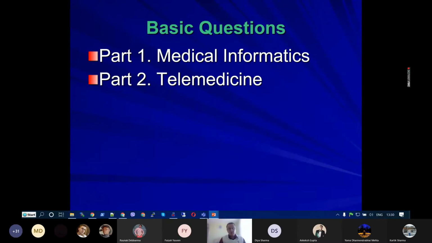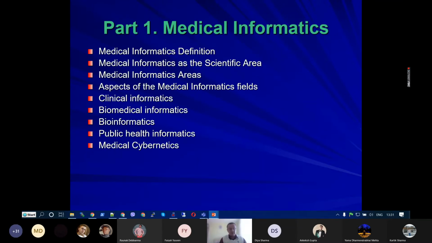So for sure we will be talking about theoretical questions around telemedicine. Now let's move on to part one: what is medical informatics. I will present the definition, areas of scientific study, related scientific areas, some aspects of major scientific activities under medical informatics, and a quick overview and definition of a few subfields and subspecialties under general medical informatics, and also